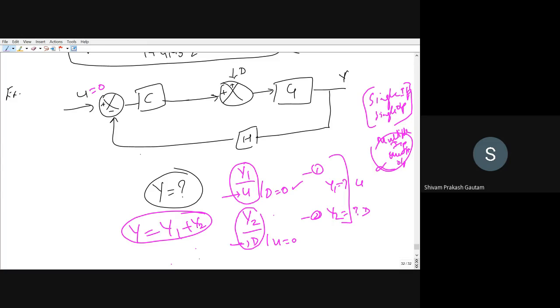But consider this minus sign. This is minus because this H is going to the minus block, right? So you can add a gain of -1 right here, or you can add -H in front. You can opt for any one of them. So I'm adding -H here and completing this circuit. Now see, this is -H and C. These two are in cascade, is it not? So let me just join them together.